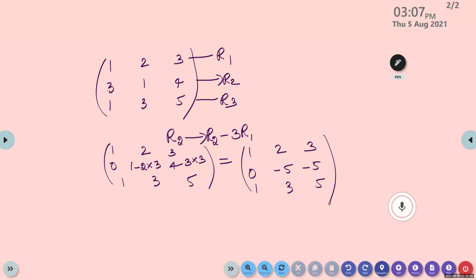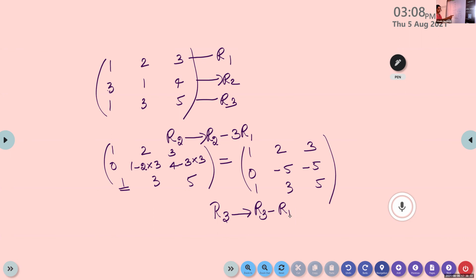Now, suppose I want this third row, first column 0. How will you make that a 0? What is the operation you will write? Third row, first column, I want 0. First row and second row should be as such. Then, what can we do? So, where is the change happening? Third row gets changed. How does it get changed? Here, I want 0. Then, what can we do? R3 minus R1. Is it okay?